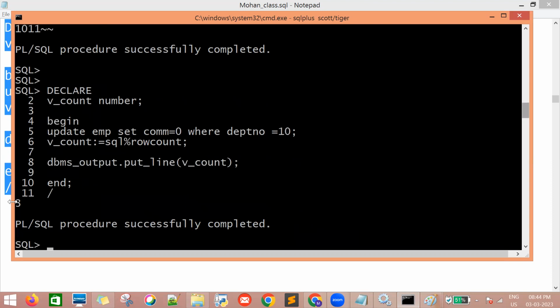So how many rows are updated? Three. So what is the program? If I want to explain this one,